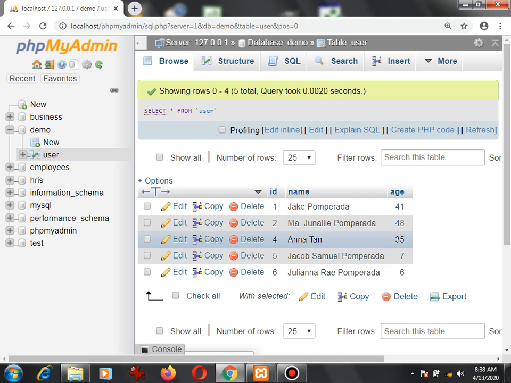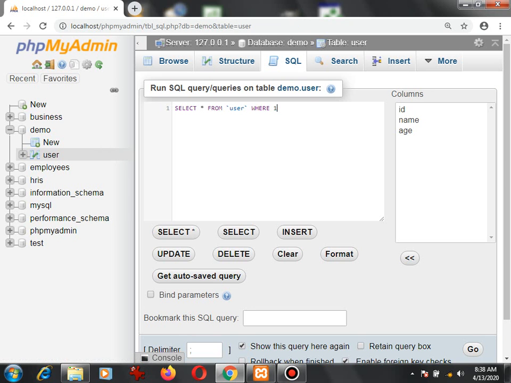So first we go to SQL, and then here we can declare an SQL statement. To delete a record, we simply issue delete from, which means which table we will delete the record from. Delete from user where ID equals 4. Now take note,